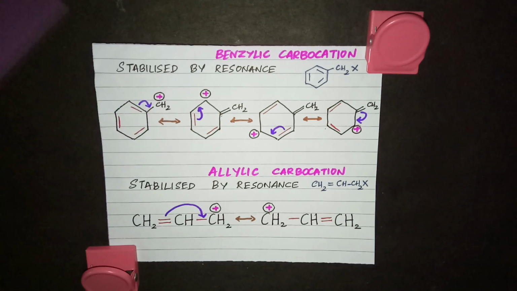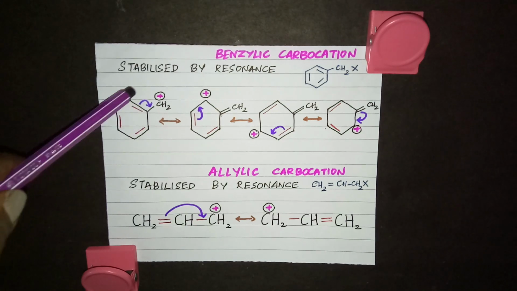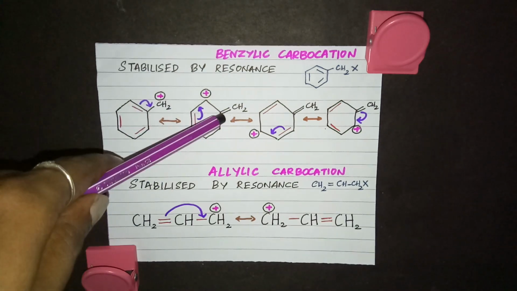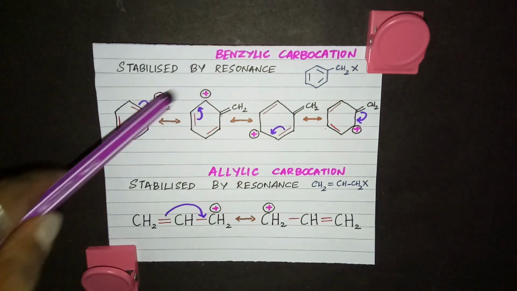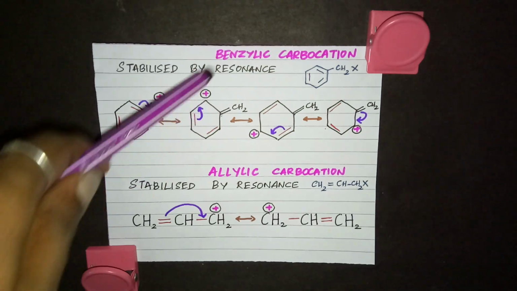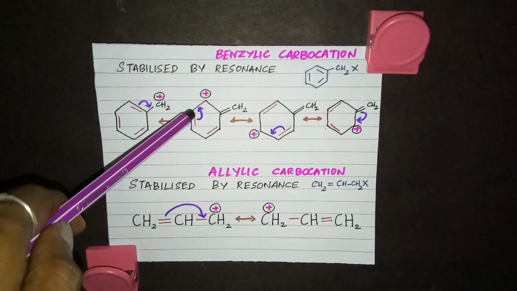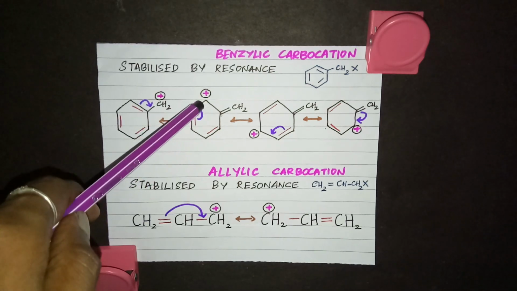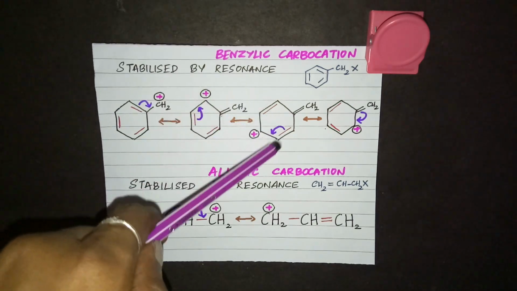So I put an arrow here. If this is moving here, in the next structure, this bond will not be drawn, and instead of that, this carbon will get a positive charge. Look at this. This is going here, so I'm getting a double bond here, and this carbon is getting a positive charge. So this is the second resonance structure. Next, since here we have a positive charge on this carbon, these electrons are going to move here. This bond is nothing but a pair of electrons. If this moves here, this carbon will get a positive charge. So that is represented in the next diagram.